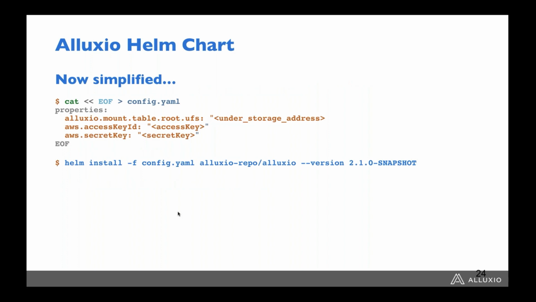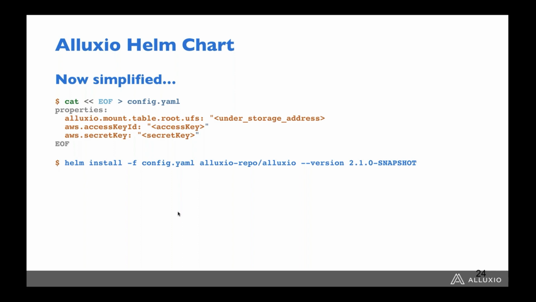Now, an evolution of the YAMLs, like I mentioned before, is using Helm charts. Now we provide Helm charts to deploy Alluxio in an easier way. So like I mentioned, if you want to change the worker storage, the amount of storage that the worker should use, you can now specify it in a single YAML file called config.yaml, and any configuration specified in this YAML could be compiled into various different locations, and it will fill up redundant fields in the YAMLs that I presented